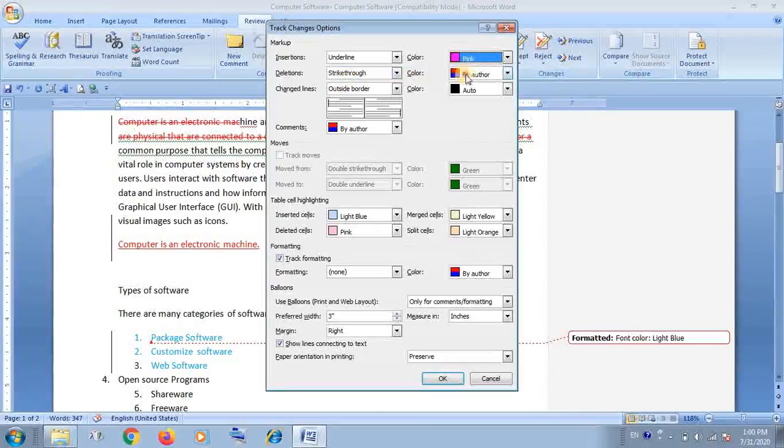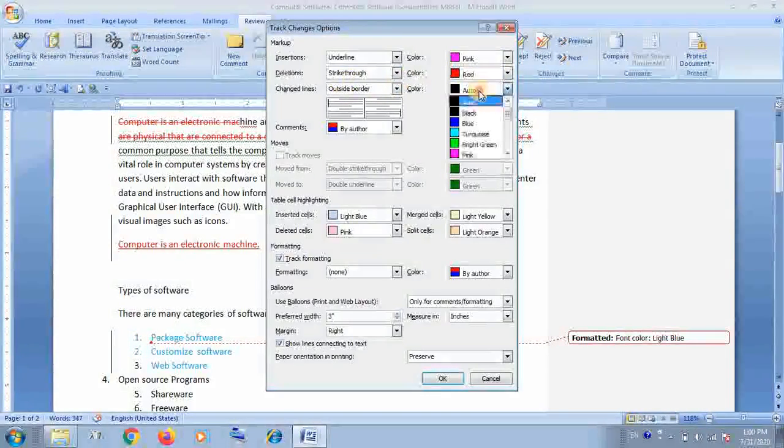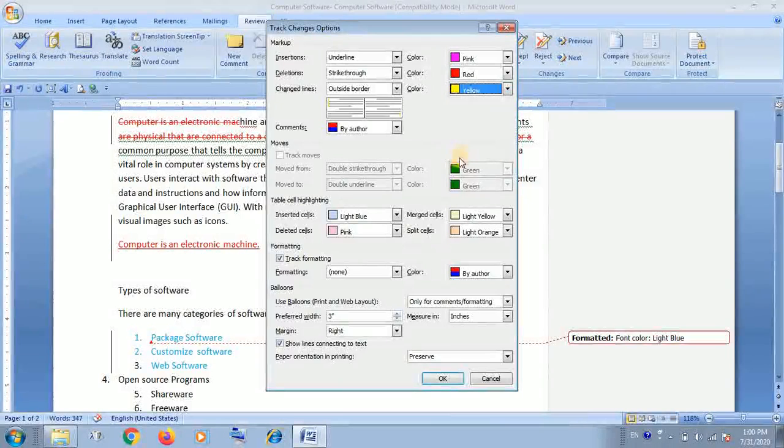If anyone inserts anything, it shows in pink color. If anyone deletes anything, it will display in red color. And if any formatting is made by you or you apply the border, then it will be highlighted by yellow color या green color. Any color you can select, या black color, blue color, I think blue ले लेते.